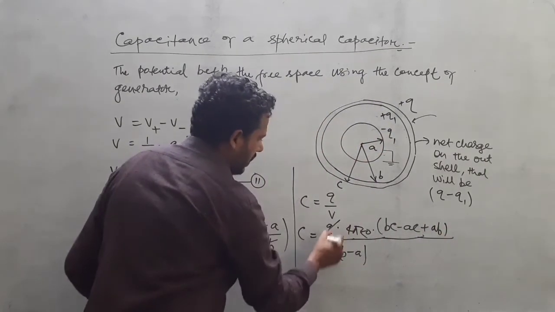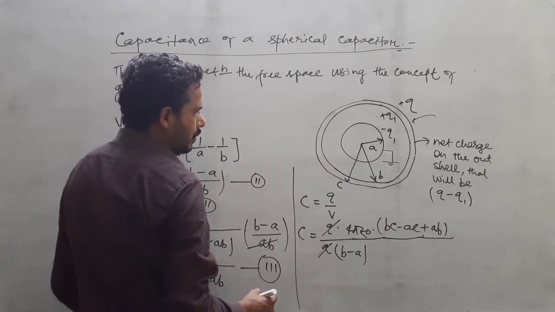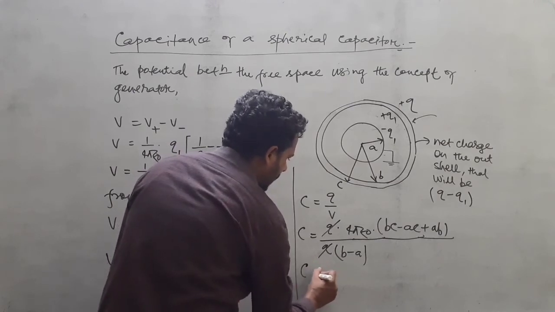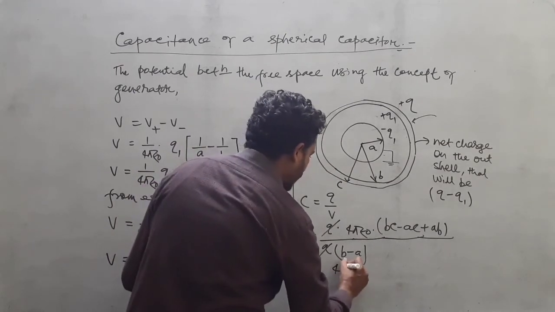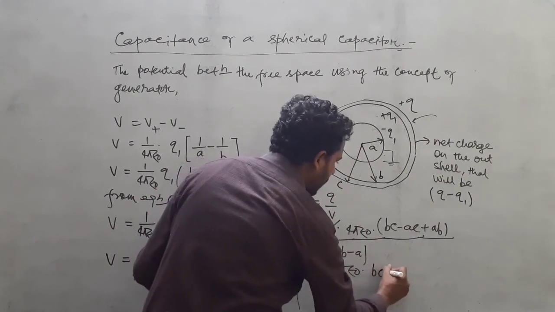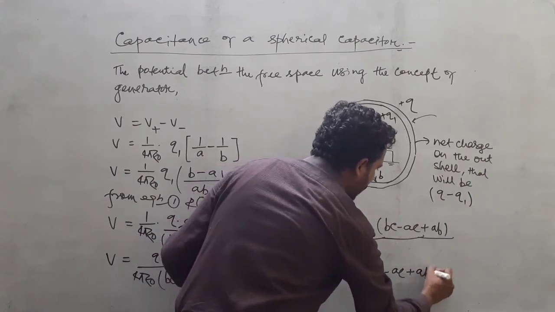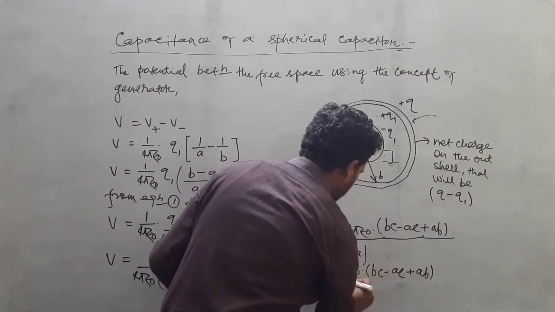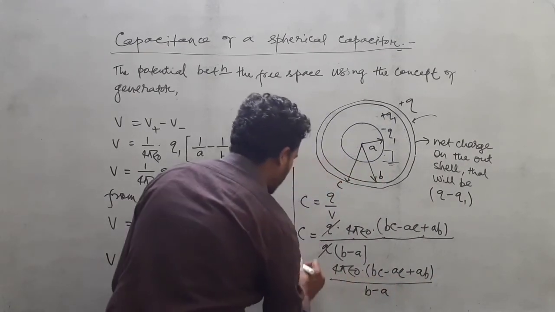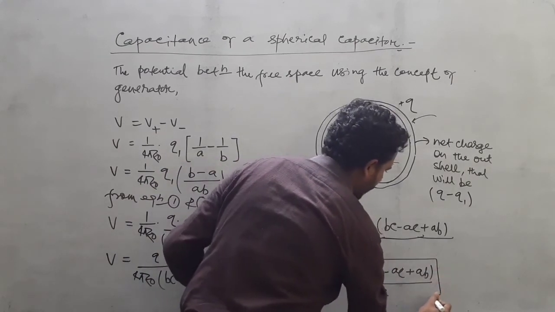Q and Q will be cancelled, and your resultant capacitance will be C is equal to 4 pi epsilon naught BC minus AC plus AB divided by B minus A. So from this resultant, here you are seeing from previous